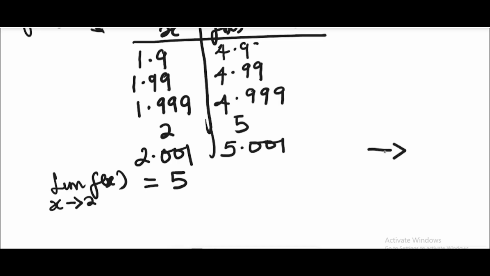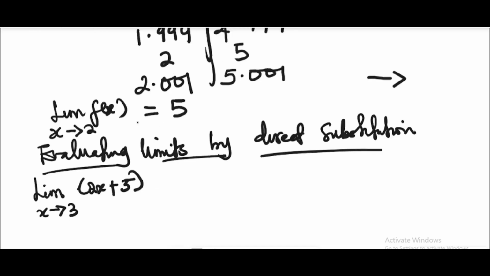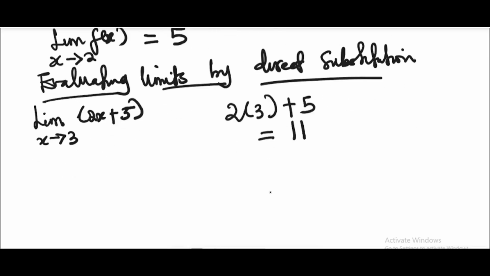All right, now approaching 3. Now that x is 3, so what do we simply do? We just say let x be what? 3. That's direct substitution. So substituting x to be equal to 3, we have this, which is equal to 11. Now what it means is that as x is approaching 3, f of x, the limit is also what? Is also approaching 11. The limit is also approaching 11. Okay,